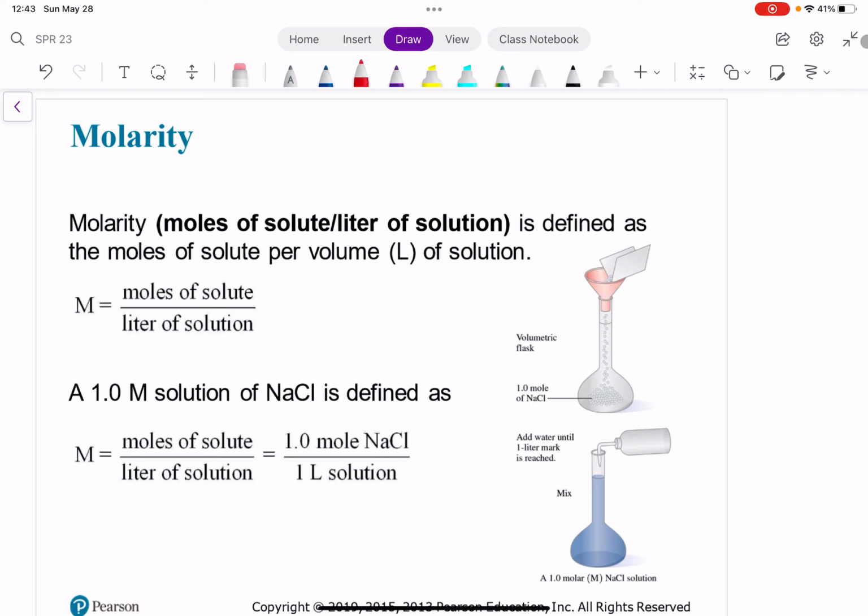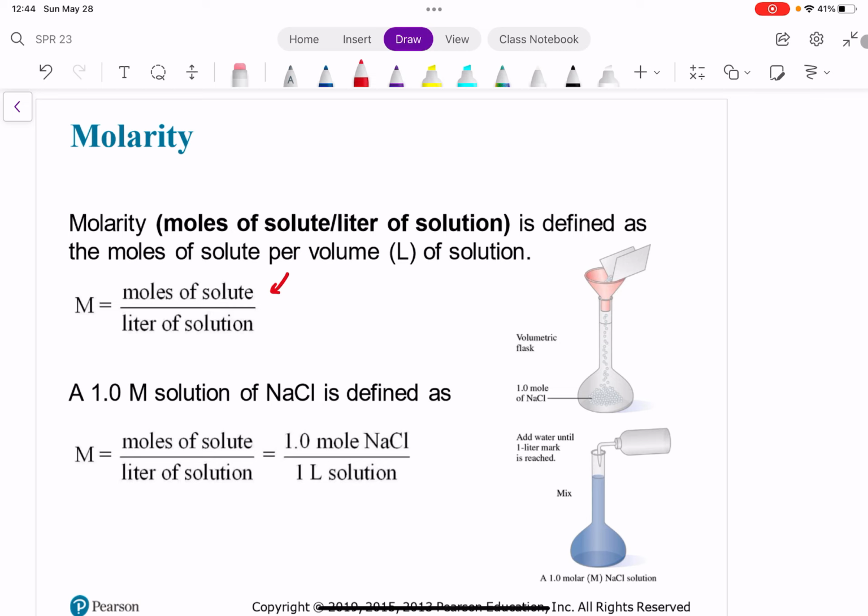So in chemistry, a lot of times we're working with moles of our solute, right? We just did a lot of stoichiometry last week, converting from moles of one thing to moles of another, or measuring how many grams you have versus how many moles you have, and so on. So a lot of times we actually know how much of our solute we have in units of moles. So molarity is a way to